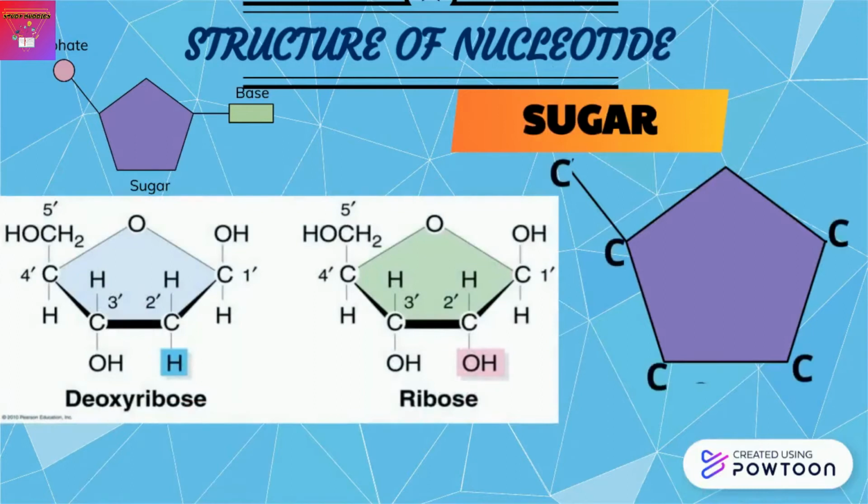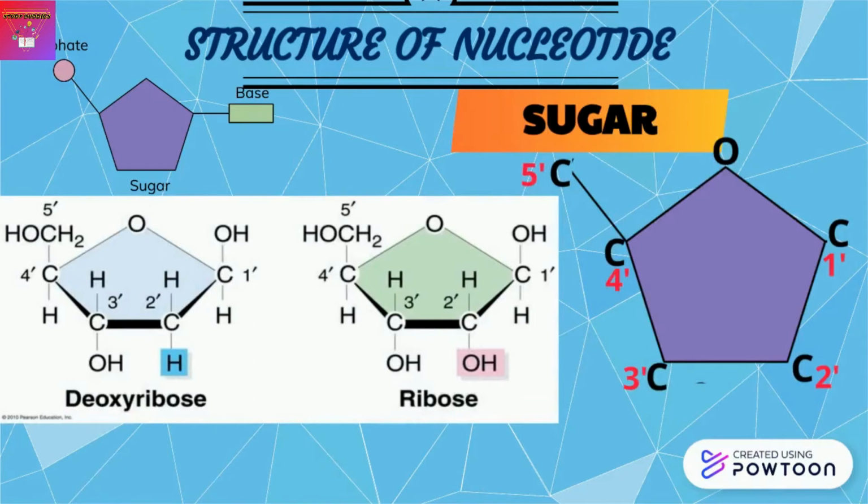Each of the corners of the pentose ring has a carbon in it. If you notice, the 5th carbon is located outside of the carbon ring. There is also an oxygen atom at the top corner of the carbon ring. The carbons in the pentose ring are usually numbered from 1 to 5 in a clockwise direction, starting from the right side of the oxygen atom.